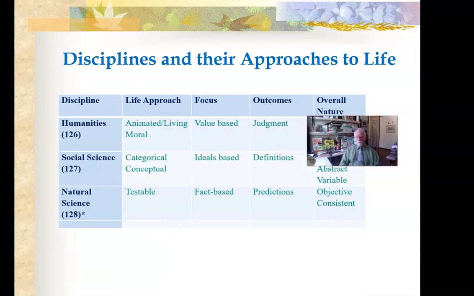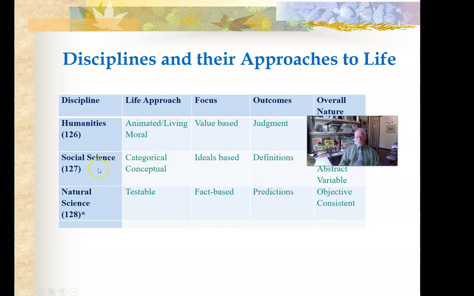Now, please remember that in this case, our focus and our interest is in the natural science topics, and we want to have claims that are testable, that are fact-based, that anyone could duplicate or come up with the same answer, applying the same kind of criteria to that,